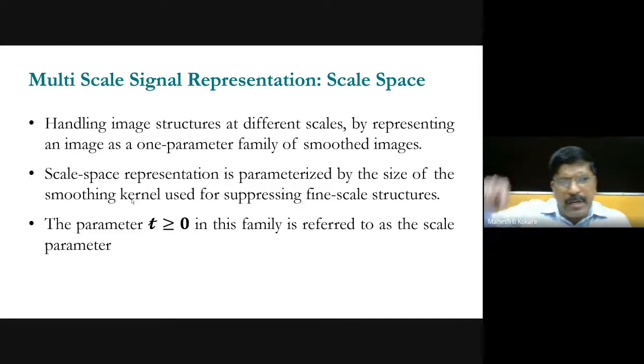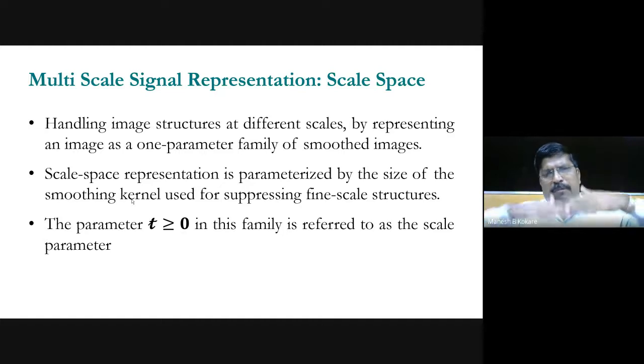And you know that for the Gaussian kernel, the standard deviation, that is sigma, will decide the scale. If you go on increasing the sigma, the standard deviation will increase, so neighborhood pixels will be more in that case, and there will be more blurring. But if you reduce the sigma, that is the standard deviation, then the Gaussian will be a very tall one with less standard deviation, and it will consider a very small number of neighborhood pixels, and then it will detect more details of the image.